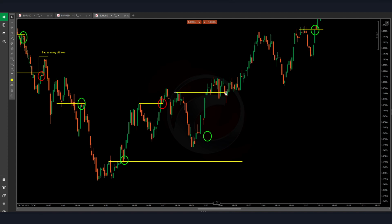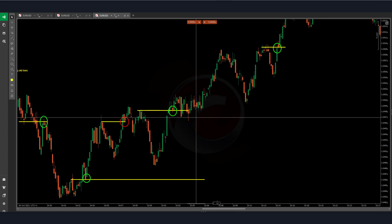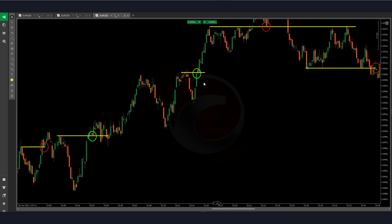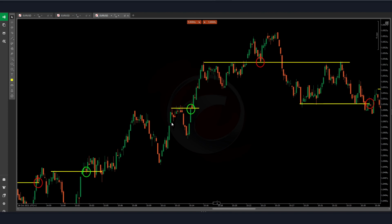Yeah, probably, I don't know if there would have been another entry, but still the PSA is being respected, and the drawdown here is only like 1.9, 1.8 pips before going back up for more than 10 pips. Then we got a retest of this PSA as well, but where we could enter, because I wouldn't enter over here, I guess, but where we could have entered again is up when we are making our way above these highs. Again, it's quite difficult because